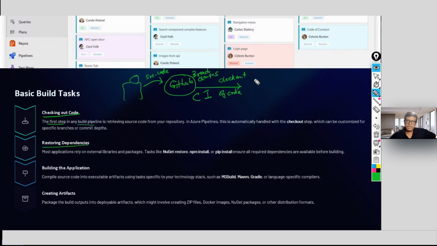So there will be a build server, with the pipeline will hit the build server for building up. So integrating all the libraries, so there is some sort of dependencies, like you get the NuGet restore, npm install. npm is for your backend processing or backend install of your Node.js.